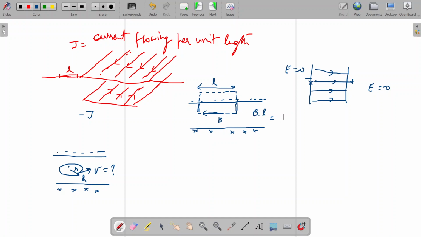So B into L is simply your J, current flowing in the conductor, into length L, whatever current is flowing through this part of the conductor, into mu naught. This value would have been halved if there had been a single conductor, but there are two, so that's why the magnetic field is only present at one point. So this magnetic field B is simply J mu naught. With an easy calculation, we can say